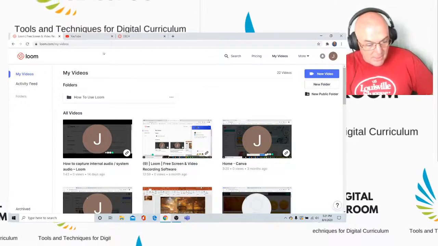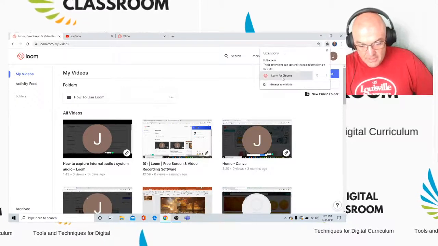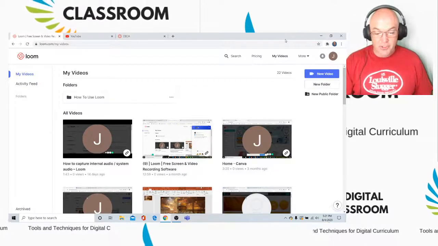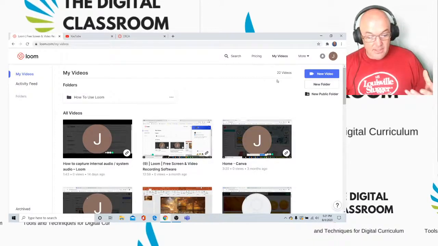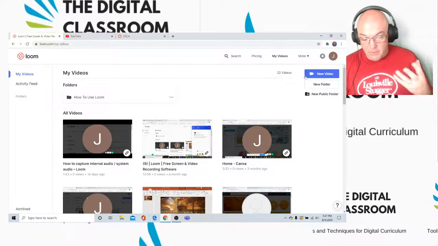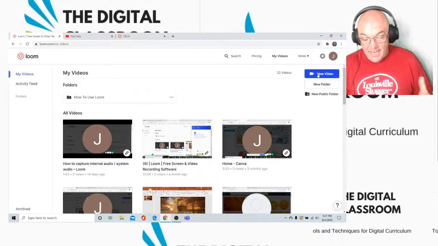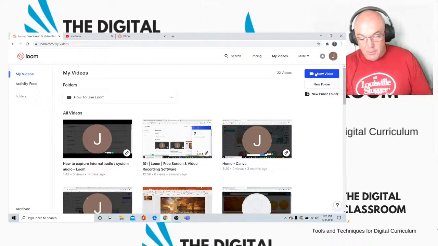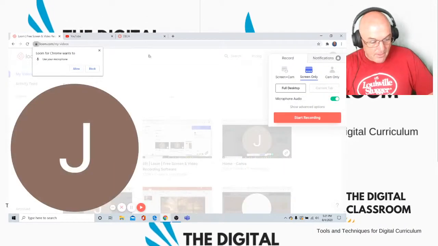So here's my Loom. I download this as a Chrome extension, and so it's real easy to access. You can do that as well. There is a desktop version of it. Either way, they are free, and they're free with some pretty good capabilities. So it's really kind of nice to have access to this program. So when you get ready to record a video, we're going to start by clicking on New Video, and